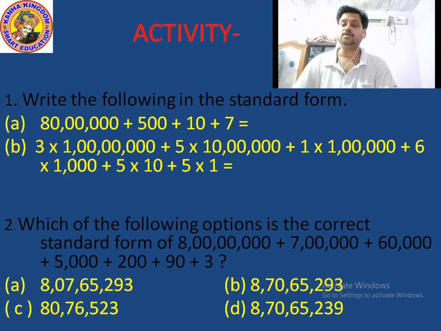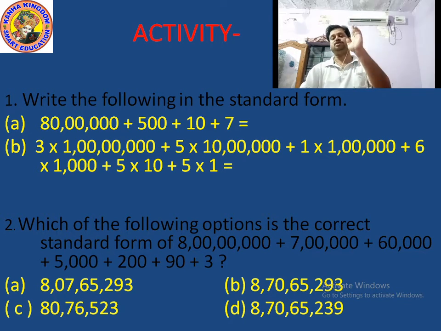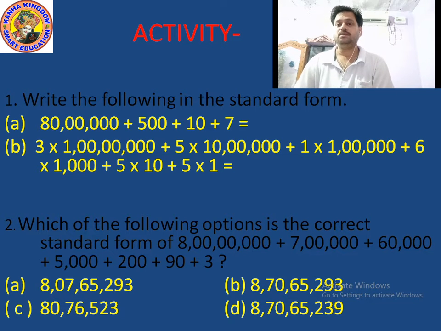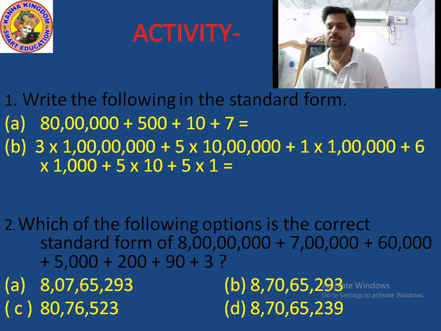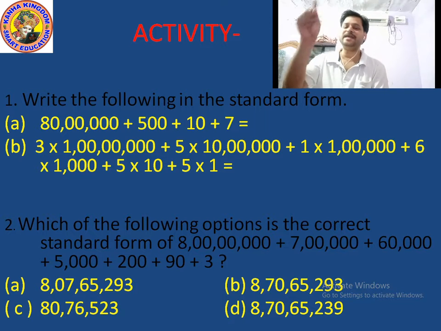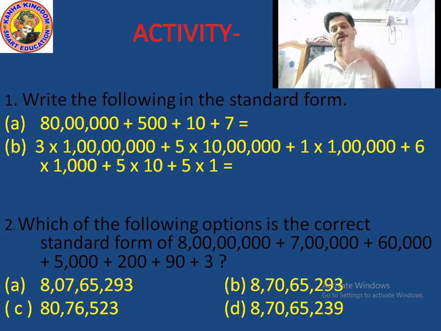So what do you have to do? Yes, you just put 0. 8 in the 10 lakhs place and nothing in the lakhs place value, so you just put 0. If you write directly 80, that is also correct. But if you write 8 in the 10 lakhs place and 0 in the lakhs place, this is also correct. Means 80, comma, and before the lakhs period is the thousands period. Are there any digits in the thousands period?